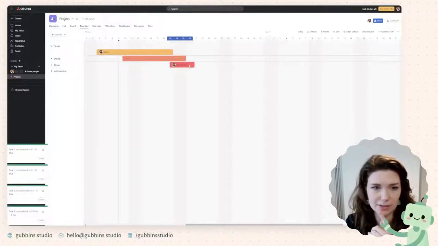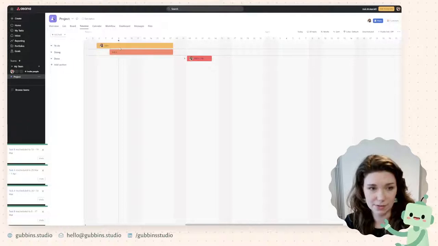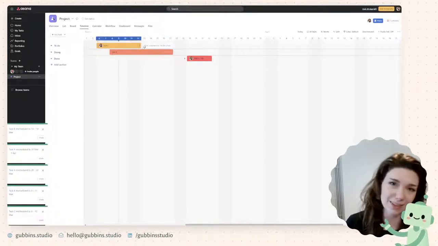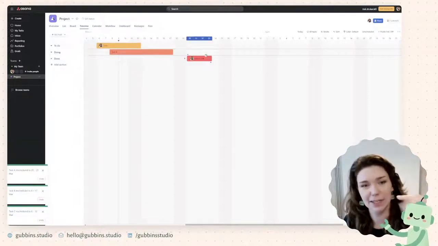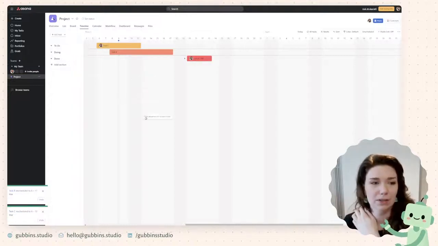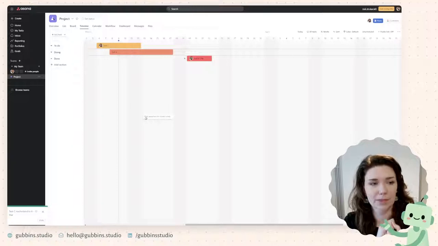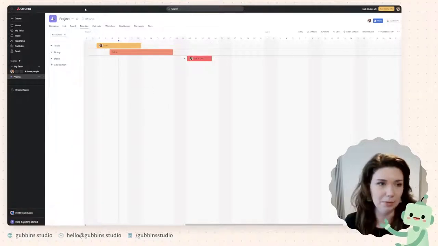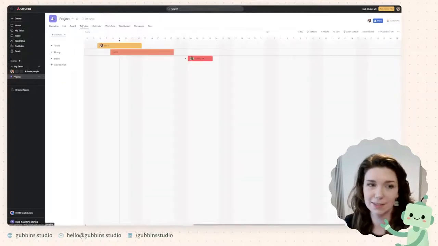So by having all of your tasks laid out like this, if I just increase the amount of time I need to work on these, you can kind of get an idea of how you'd be able to see, okay, today I need to be working on C and B, but C is due sooner, so I should be working on that one first, and then I can go down to B. I don't have to worry about A today because it's in the future. So timeline views are really handy for having that. It's also good to be able to update stuff in the board view and have it reflect on the timeline view.